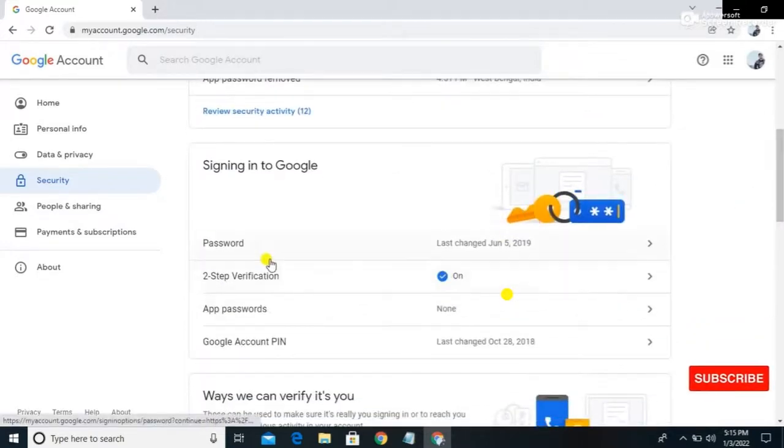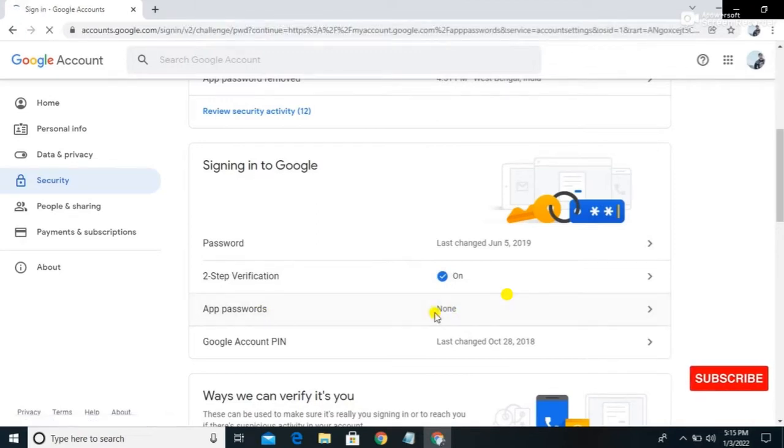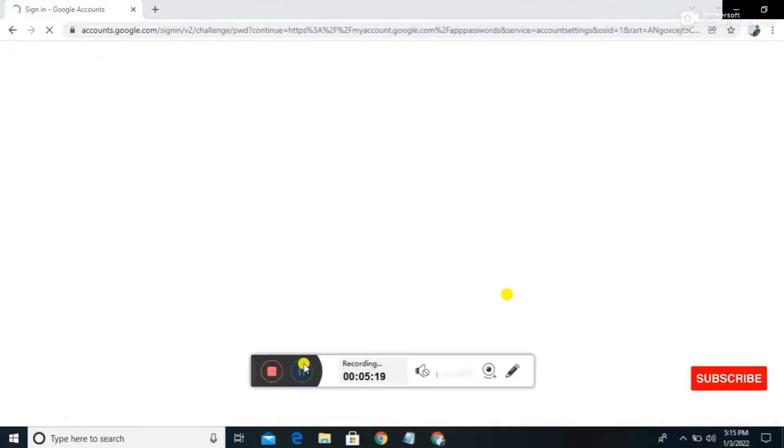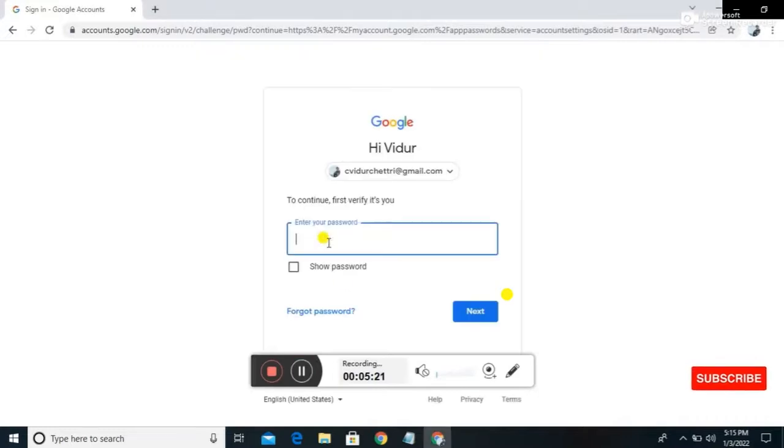Before creating the app password, we need to turn on the two-step verification. After that, we can create our app password. Click on the app password option, type the password of your Gmail account and press the next button.